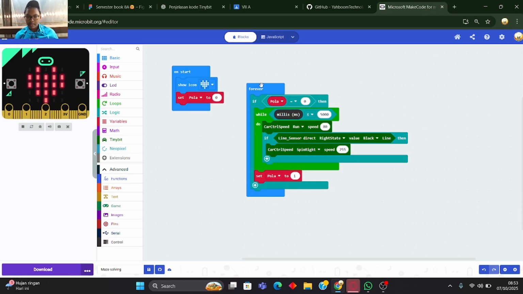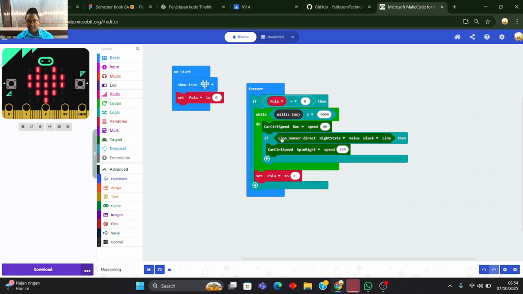Okay, so I explain first. In on start, the first thing the Tiny:bit does is show icon love and set pola to 0. Then forever, because we already set it, pola will be 0. While the Tiny:bit is running millis until 5 seconds, the speed is 80.